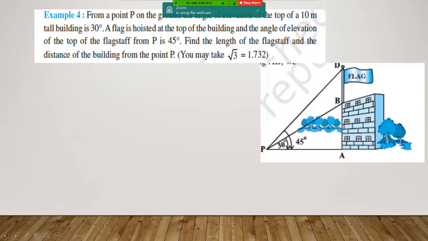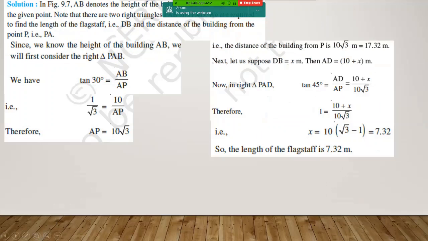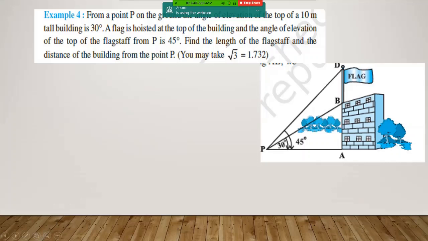Now what do you do? How do I start? BA is given. You can use base, find AB by using tan 30. So first we will look into which triangle? BPA. Am I right? Looking into triangle BPA, which is 30 degrees, tan 30 is BA over PA, I know. PA I'll get. How much will be your PA? 10 √3. Fine. So when we are looking at the triangle PAB, we have AP as 10 √3. This is the distance of P from A.